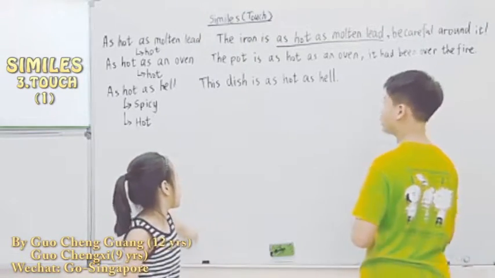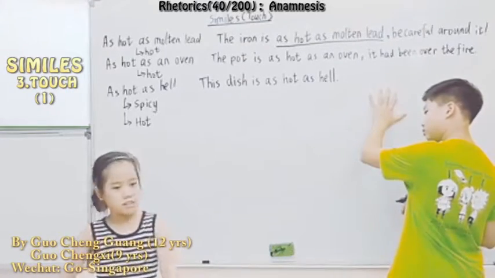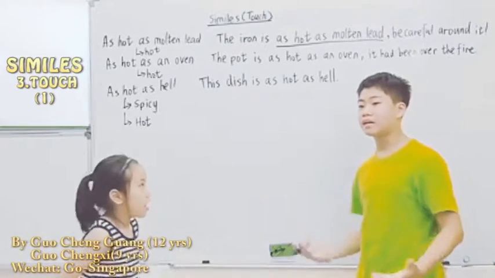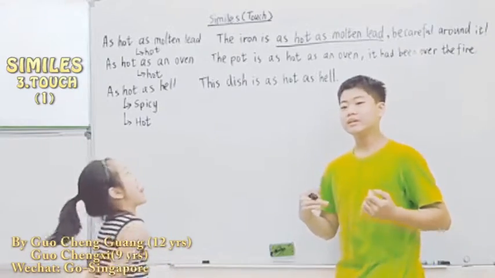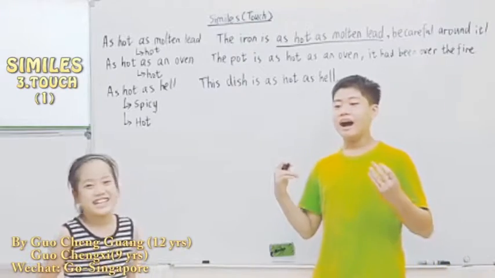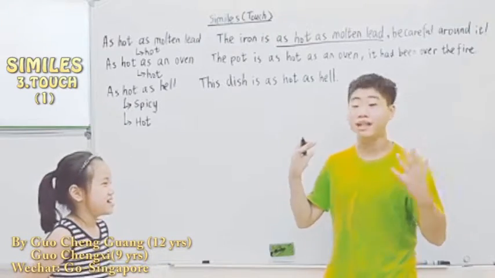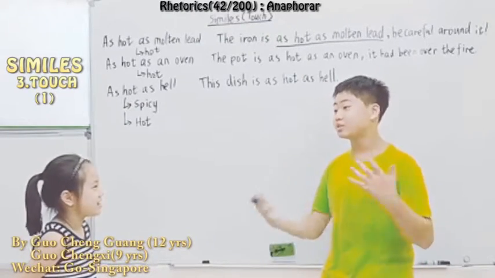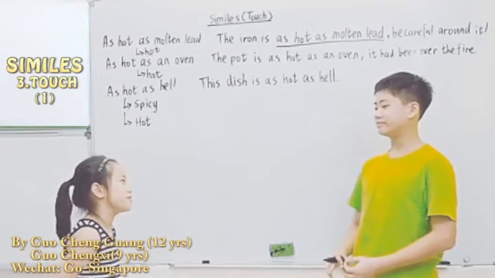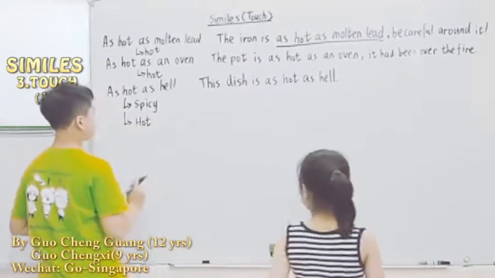Okay, this dish is as hot as hell. What if I want to add on sentences? Need water. Okay, need water, right? But how about more descriptive? My tongue is on fire. Need a fire extinguisher. I'm dying of water. That is actually not really dying, but it's just a description that you need water so badly, right? For example, you eat the smallest pepper, the ghost pepper. Or even worse. So these are already 3 examples of hot, right?